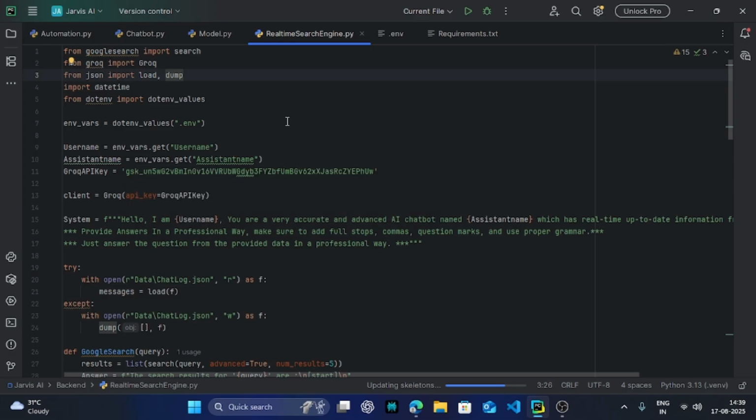So one API key had to load three files, or three codes, at a time.